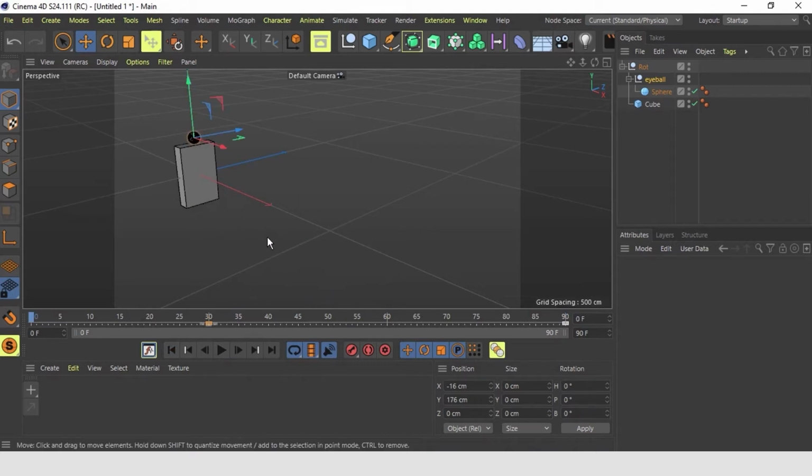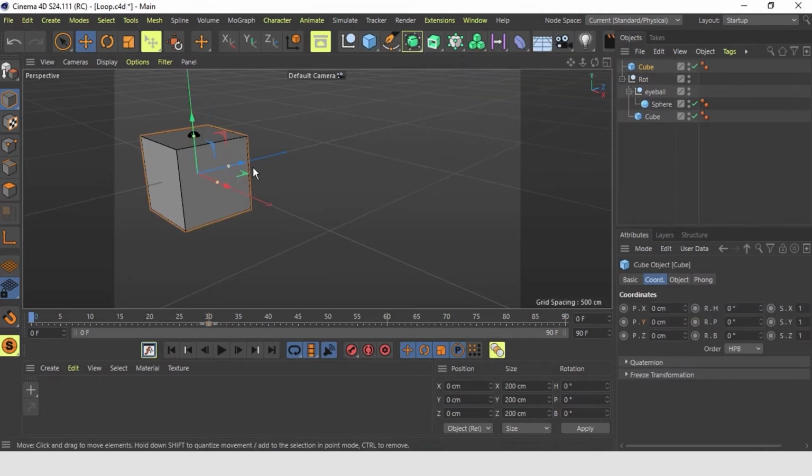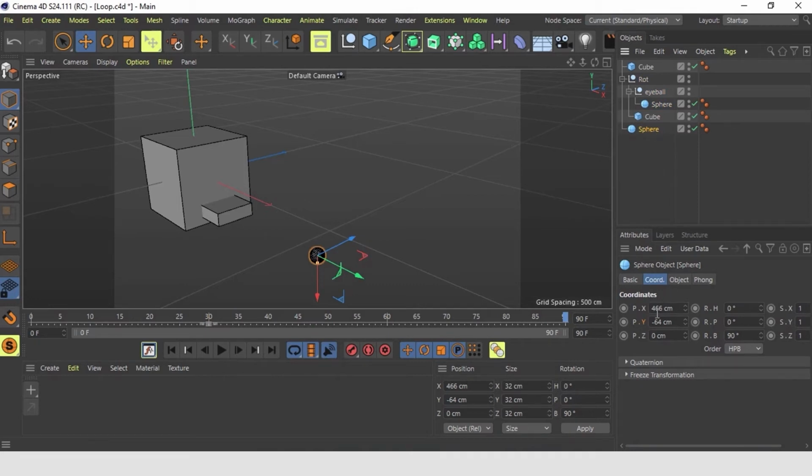Now let's make a cube where this whole action is happening on top. So let's create a cube. Let's calculate a bit how far this has to roll and how big this cube has to be. So if we go in here, we see that our eye needs to go from this position, which is exactly 0, to this position. And let's see how far this has gone. The easy trick is to just go to the last frame, grab this sphere, and inside you copy and paste it outside. And now you can read exactly that it moved 466 centimeters.